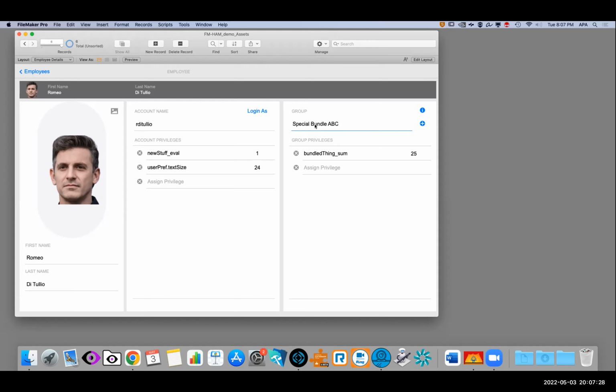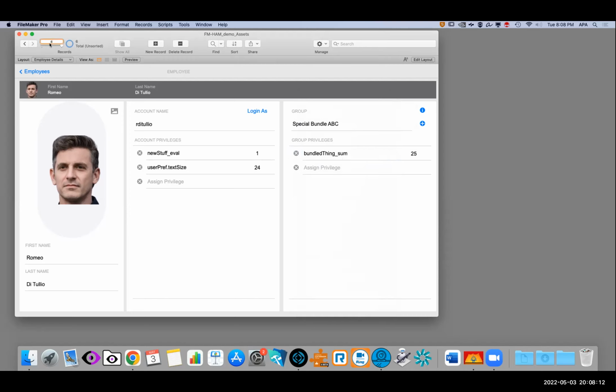If you have a vertical solution and there is something that you are selling on the side, on top of your plans, you can say, hey, with this solution you can also send faxes or whatever it is you want to do, and people are buying packages. So you can say, okay, we're going to have this thing, it's going to give you 25 units of it, and by defining it with underscore sum, they add up. So